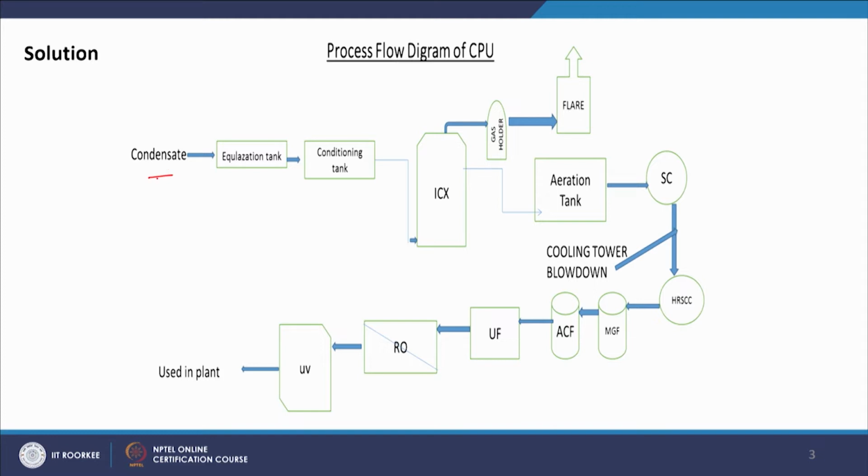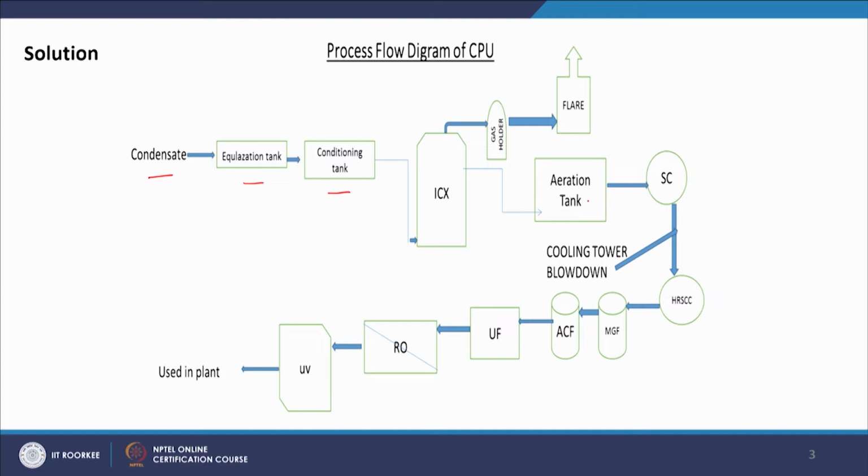So, this condensate is coming into the equalization tank and then equalization tank to conditioning tank. So, here pH adjustment takes place and then it is going to ICX, that is biological tower. So, here anaerobic condition prevails and biogas is produced and the gas is flared. Through the flaring the gas is burned and the water which is coming out from ICX goes to aeration tank,